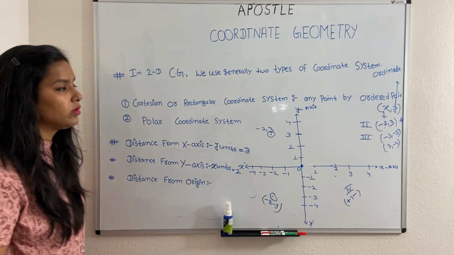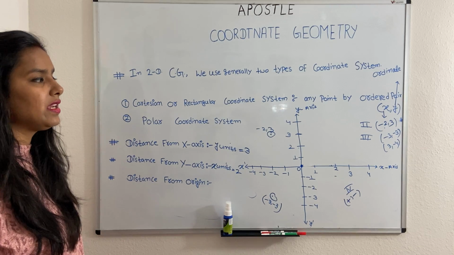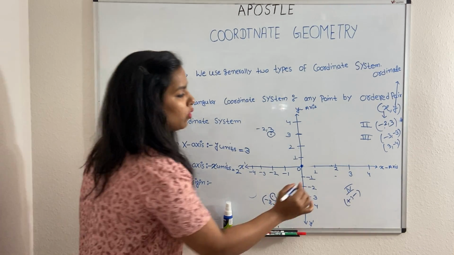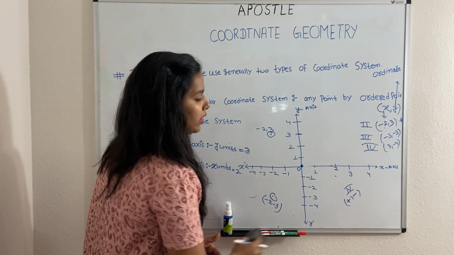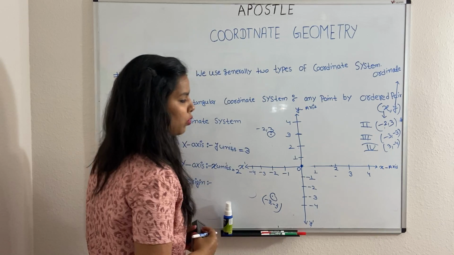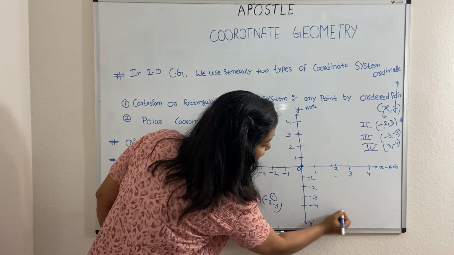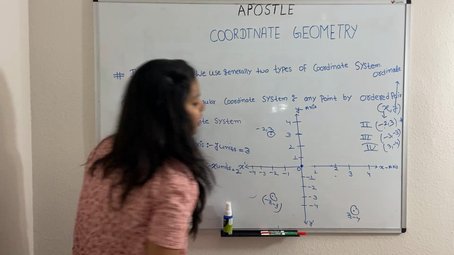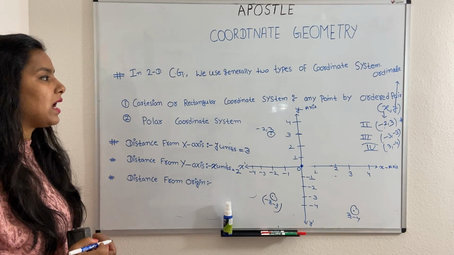And if we have to discuss 3 comma minus 4, x is positive and y is negative. So in which quadrant does this lie? This lies in the fourth quadrant. In the fourth quadrant, x is positive. So 3 is here and minus 4 is here. So we can write this as 3 comma minus 4. Clear? So that is how to represent points on the Cartesian plane.